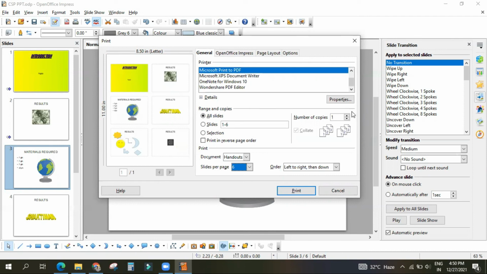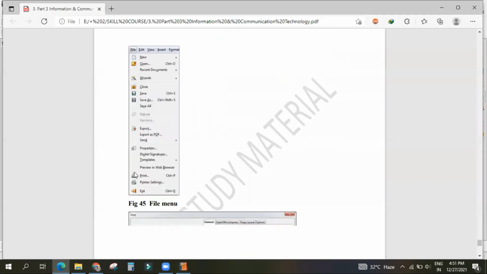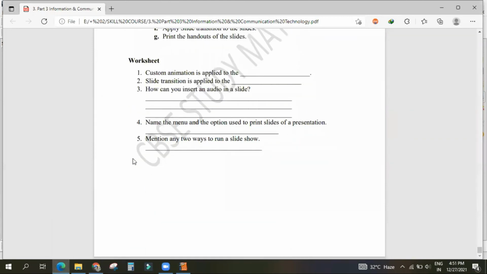Yes, sir. How many copies do you want? 1, 2, 3, here you can change. Suppose your printers are connected, one black and white printer, one 3D printer, one color printer. Here the options will come when they are connected. Then you can print out wherever you want. Understood? Yes, sir. Any doubt? Okay, over. So this much was there.